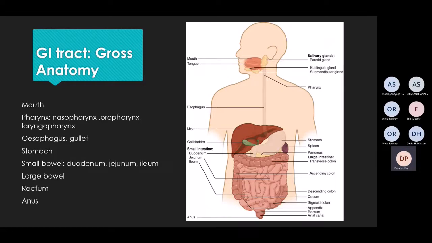So starting at the top, you have the mouth, and behind that you have the pharynx, which is the Greek word for throat, and can be divided into the nasopharynx, which is behind the nose, the oropharynx, which is behind the mouth, and the laryngopharynx, which is around the level of the larynx. Just inferior to this, traveling down the GI tract, you have the upper esophageal sphincter, and then you have the esophagus, also called the gullet, which is a 25 centimeter long muscular tube